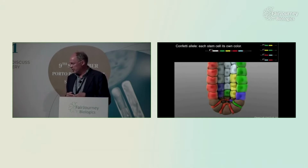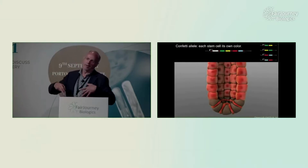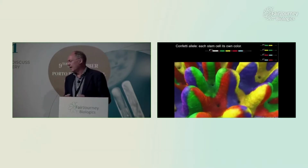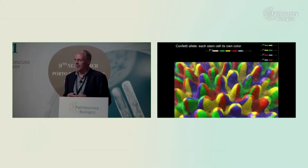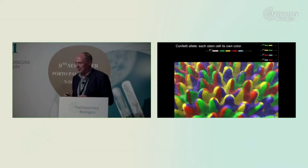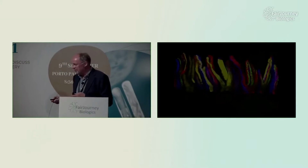Now, another way of doing the experiment was not turning the stem cells just blue, but we created a so-called confetti allele. This allows us to create stem cells in 4 colors, and when you make it homozygous, you have 10 false colors, fluorescent. Our animator, Jeroen Huibe, proposed that this should be the insides of the gut, and that looked a little bit over the top, and he agreed, but then we got the images,